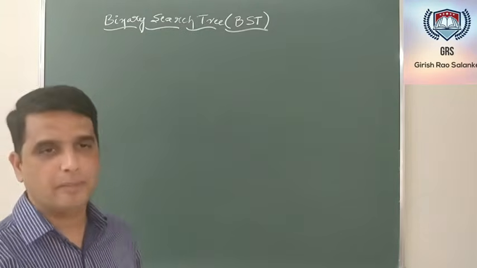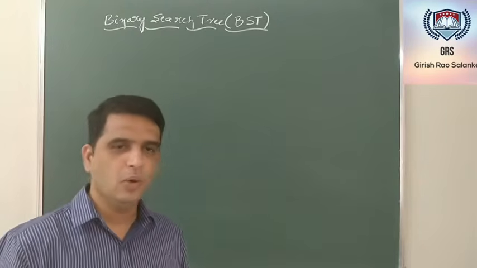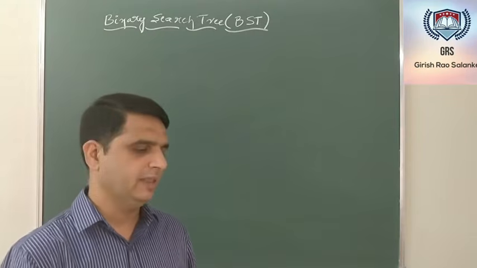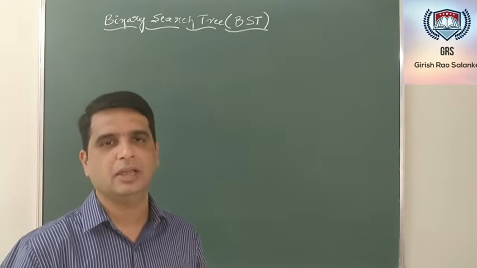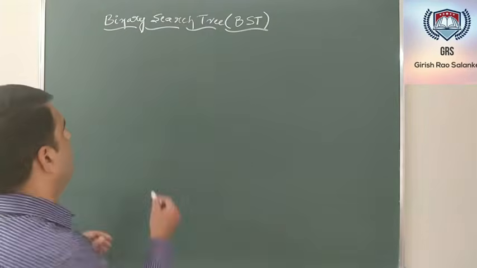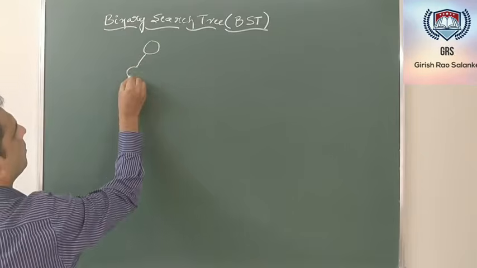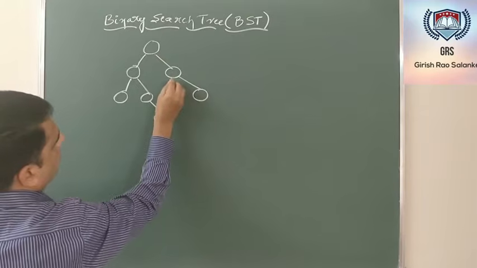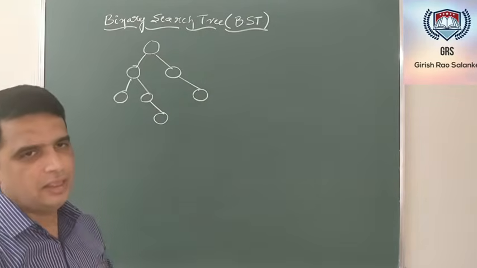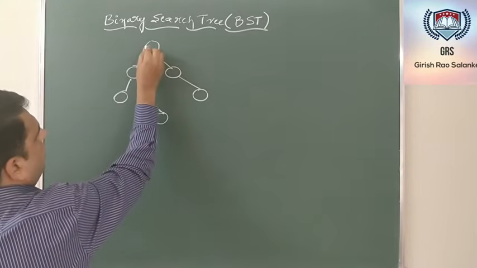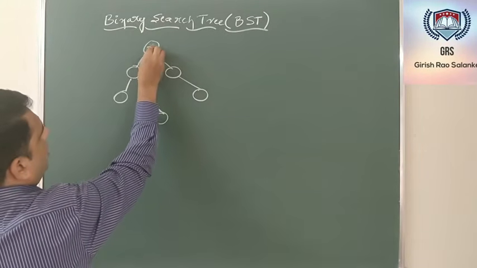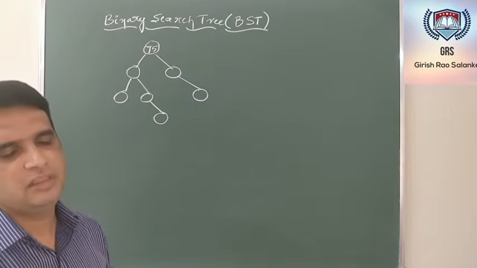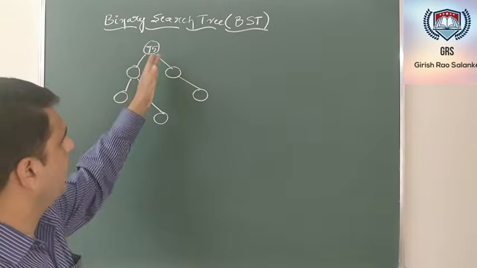A binary search tree is a binary tree wherein if you take any node, the left subtree should always be less than that particular node and the right subtree should always be greater than that particular node. So if this was my binary tree, in case I am storing some information, say 75 in my root node, all those keys which are greater than 75 should be to the right side of 75.